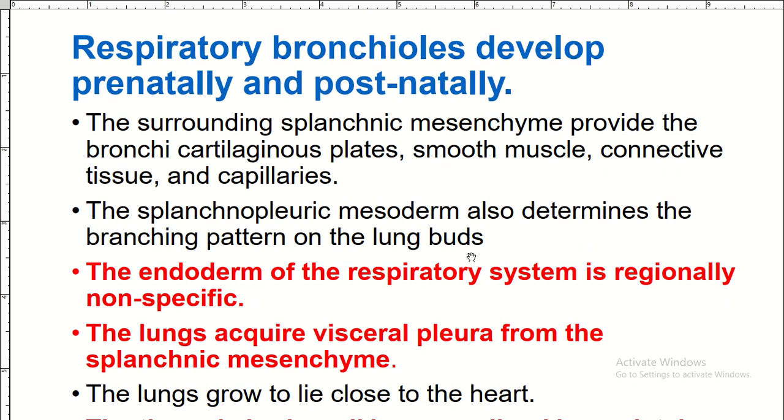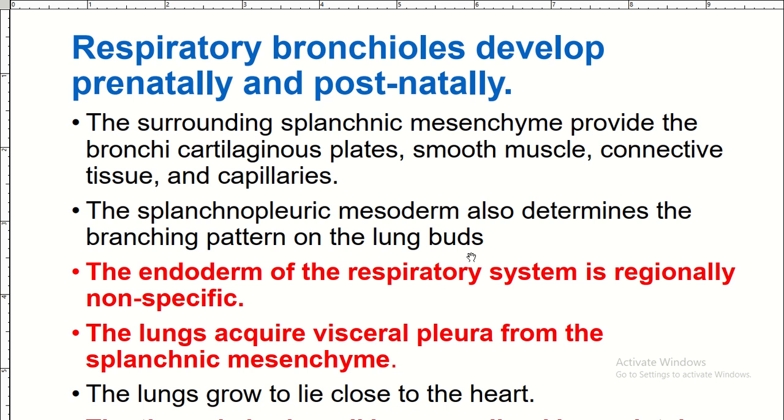So respiratory bronchi develop prenatally and postnatally. Very important, right? So you're going to find that at birth, the lungs are not fully matured. So the alveoli and the branching off of the bronchioles will continue up until 10 years,